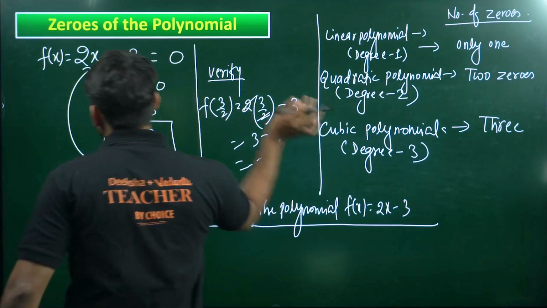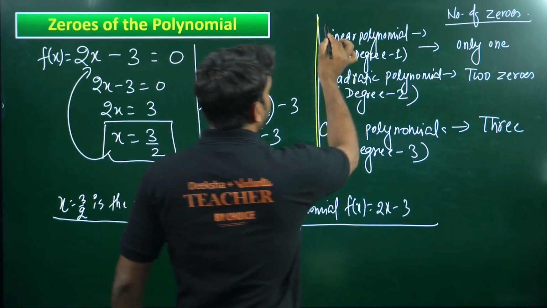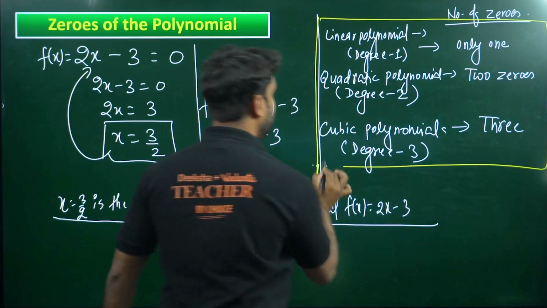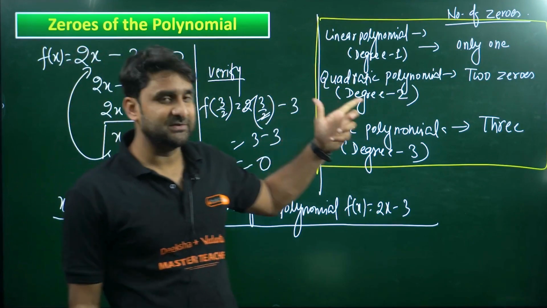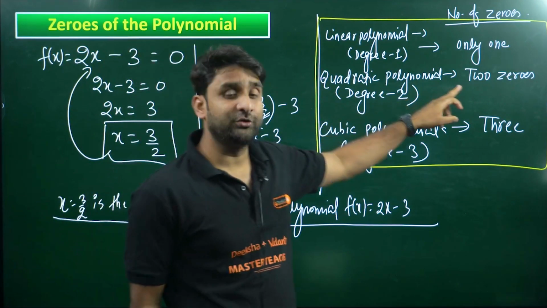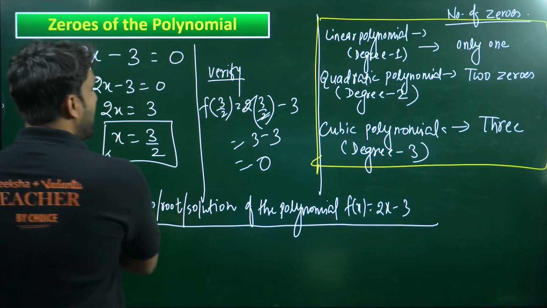So this is a very important thing, champions. For linear polynomial, only one solution, only one zero will be there. For quadratic, two zeros will be there. For cubic, three zeros will be there. Okay, now